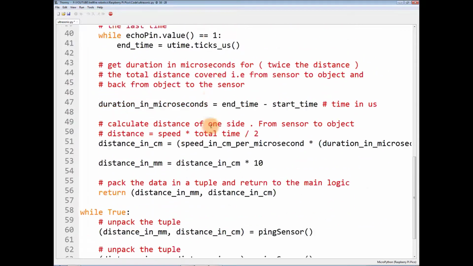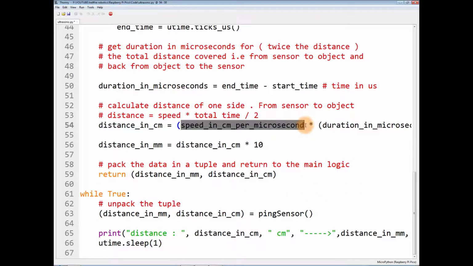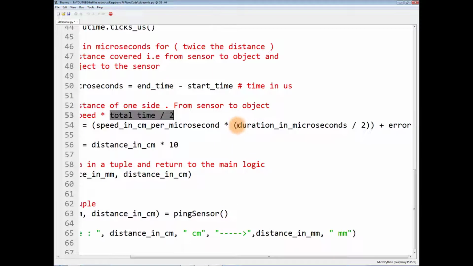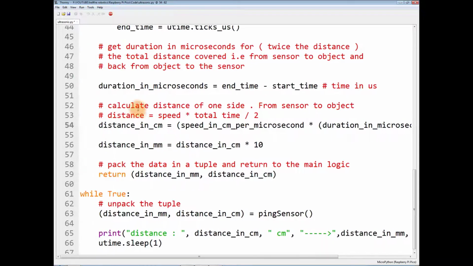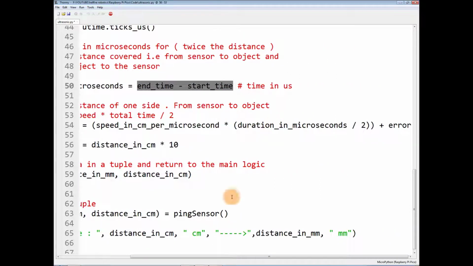Okay, so you have to take this value, speed, multiply it by total time and divide by 2. So you just take this total time, duration in microseconds, and divide it by 2. This is the duration in microsecond, which you have calculated by subtracting these two variables.